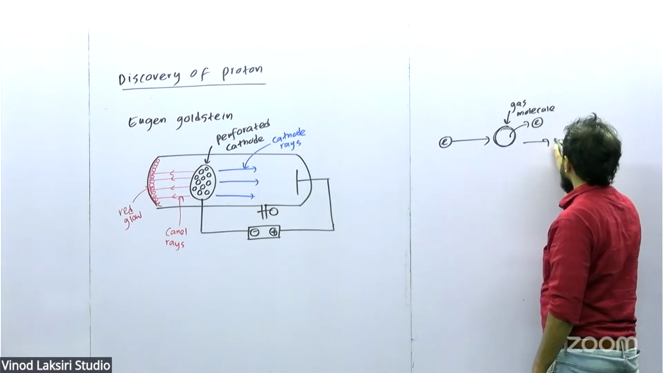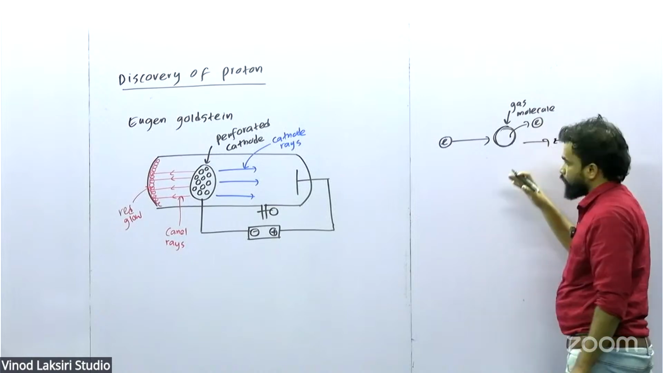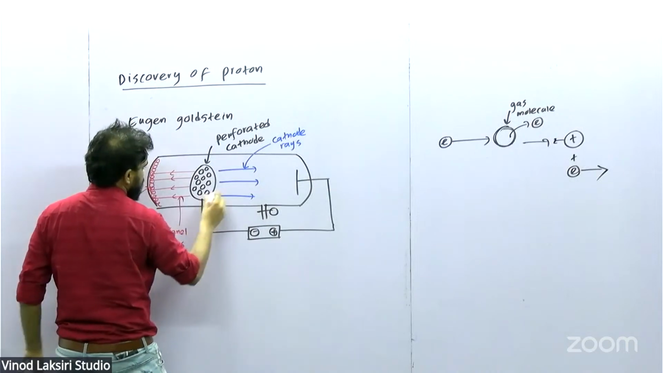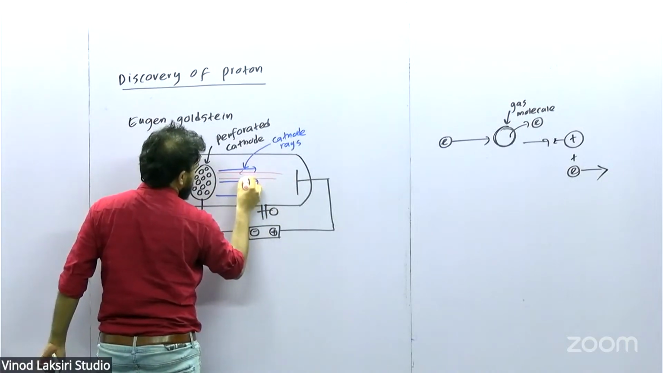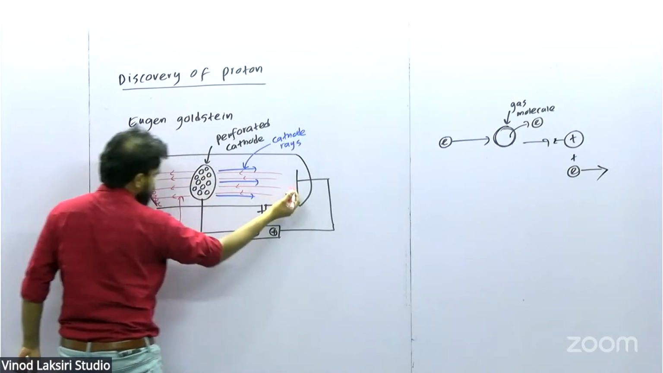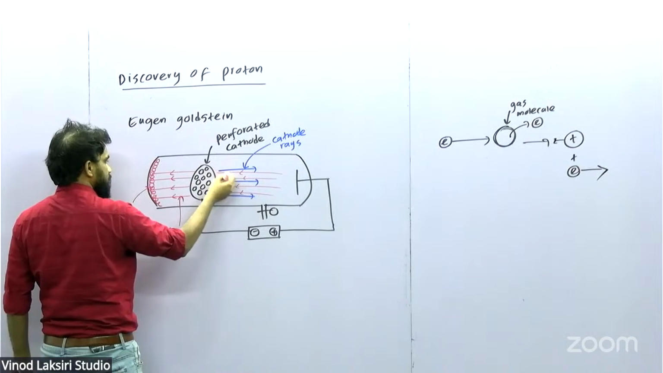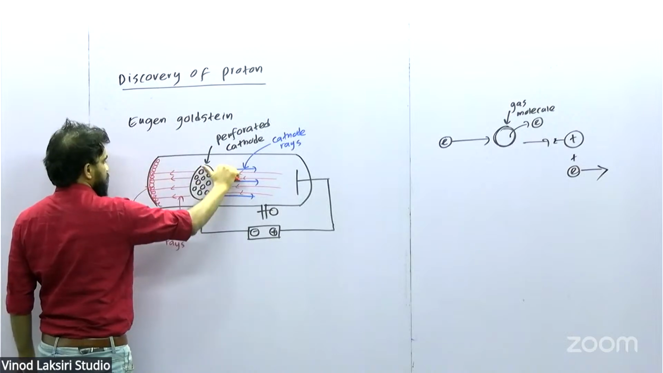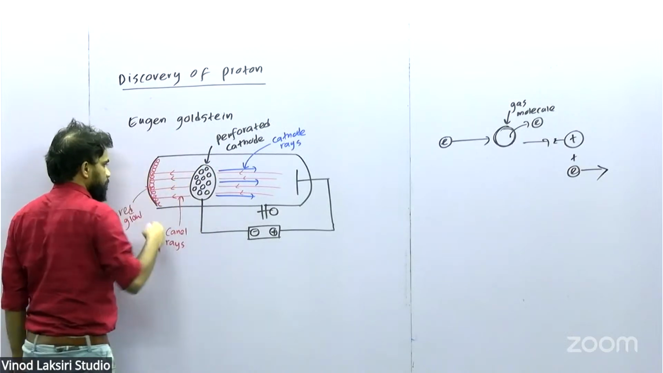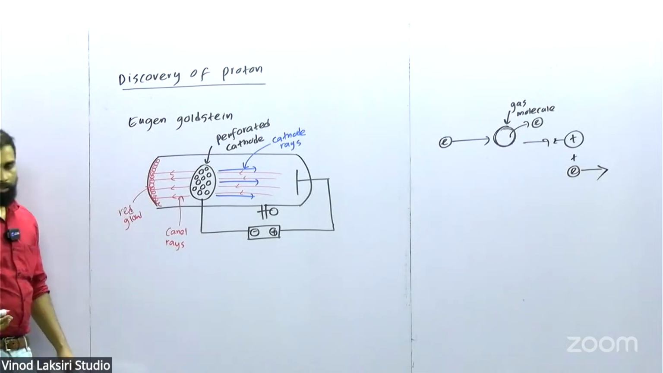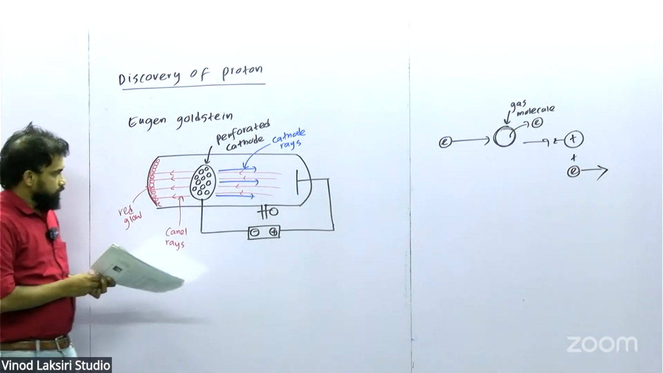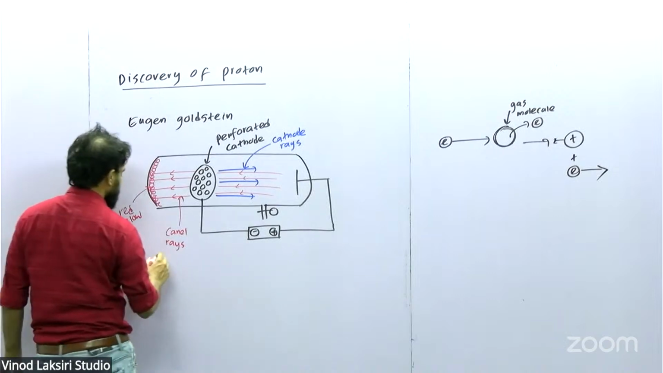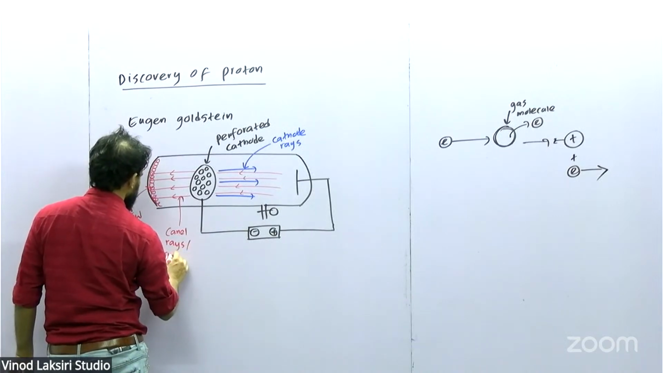And this positively charged ion is repelled by anode and attracted by cathode. Therefore, what happens? This moves from anode to cathode. Then this radiation moves through these holes, otherwise canals, of this cathode. Then we can observe red glow behind the perforated cathode, right? So therefore, what are these canal rays? They are positively charged rays, right? So therefore, this is known as positive rays,